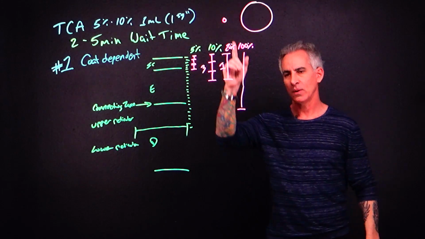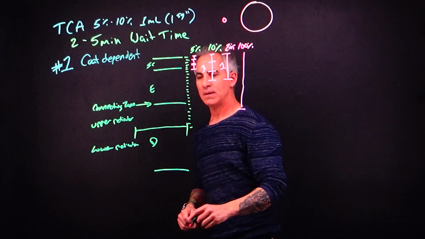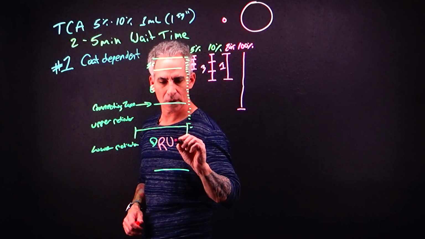What happens when it goes too deep? The lower reticular dermis is going to turn it